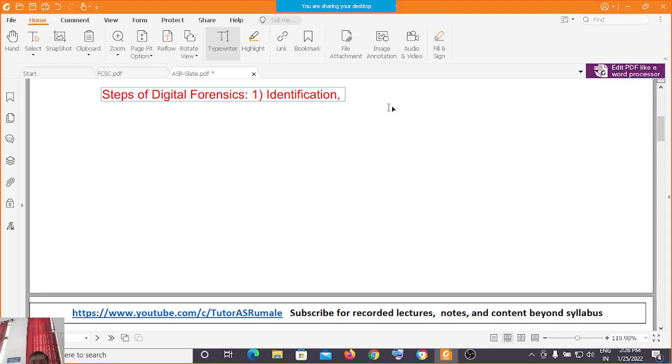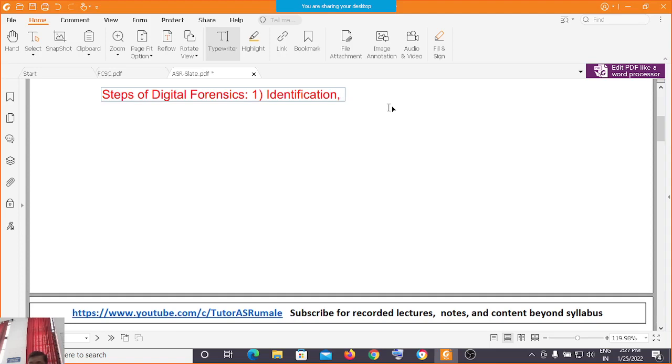You need to identify the digital evidence at the crime place first, because digital evidence related to the crime will come when the investigation starts. But whenever the crime happens, when the person goes to the place where the crime actually happened, there you need to identify the evidence. And there are three types of evidence. First is the weight evidence, which is most important. Another is circumstantial evidence, all the eyewitnesses, and then you have the